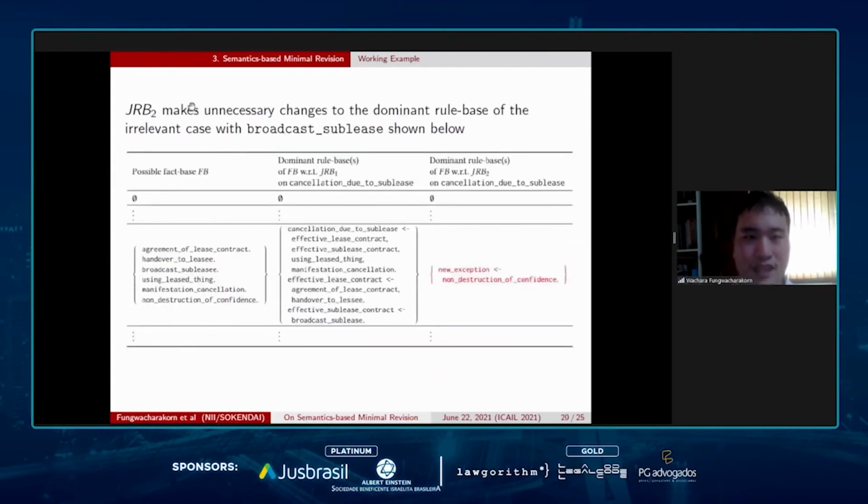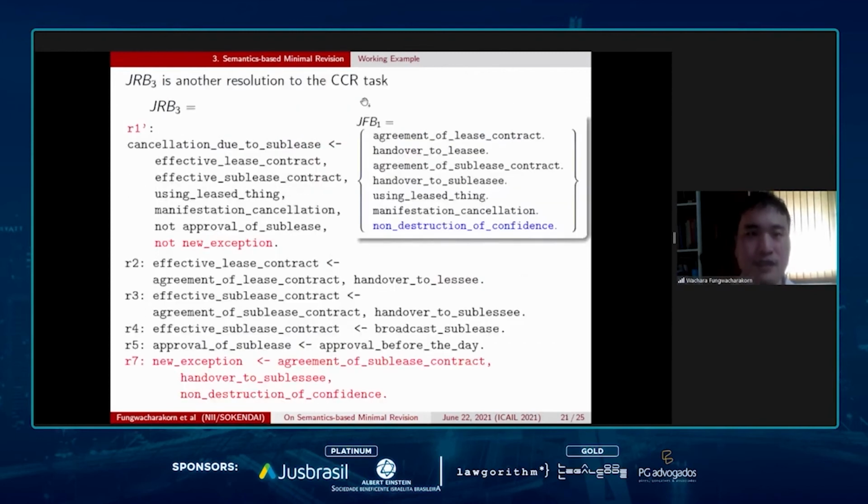However, we get that this JRB2 will make a necessary change to the dominant rule base of the relevant case, that with both cases of sublease, a second kind of sublease, since it will execute the exception as shown in this table. So another solution is as shown,